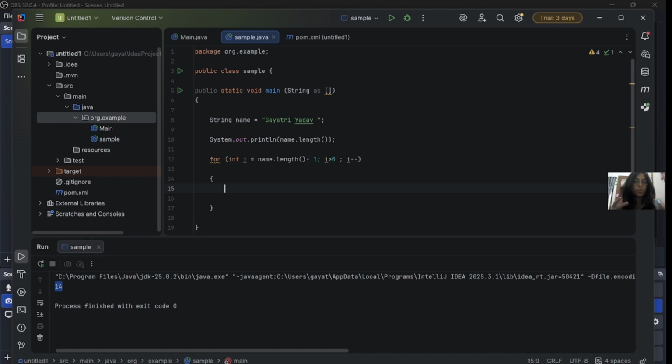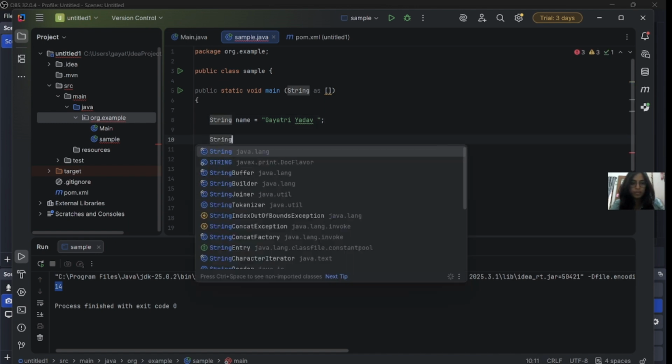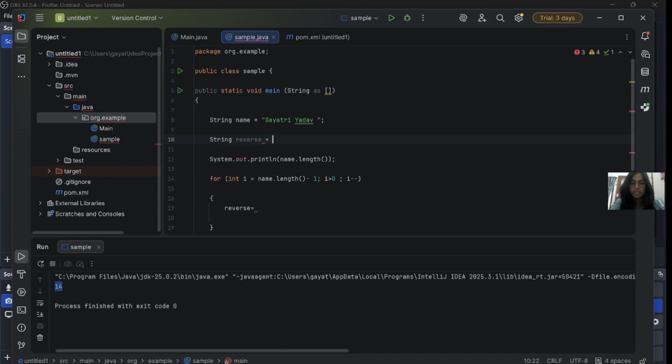Now let's store this reversed string in another variable that we call reverse. We declare it as a String equal to empty, because right now we are not assigning any value here. In the block of code we will assign it.